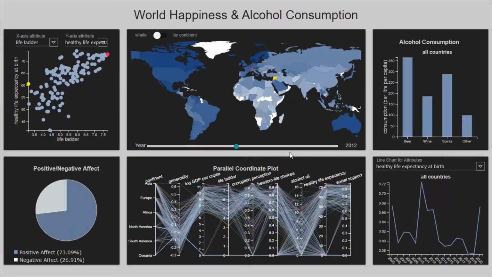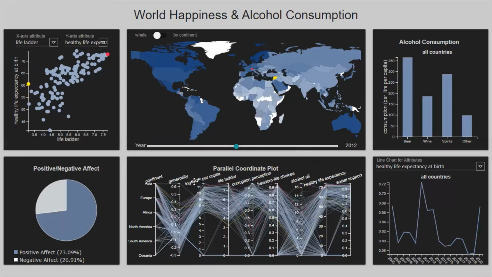I'd like to briefly explain about the data sets we used and their attributes. We used the World Happiness data set and World Alcohol Consumption data set. First, World Happiness Report is published annually by the United Nations, and this data set consists of 9 attributes and includes data points of years from 2005 to 2020. The attributes can be found in the parallel coordinate plot right on the bottom.